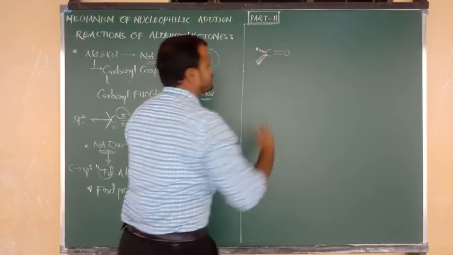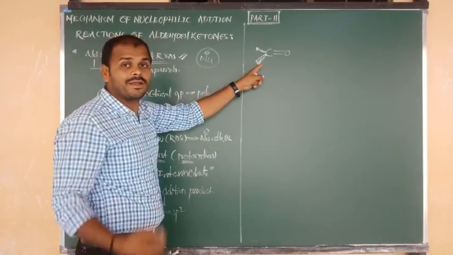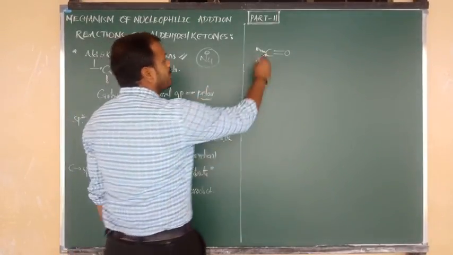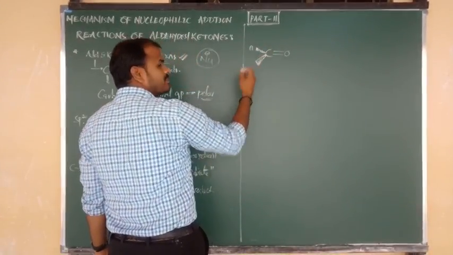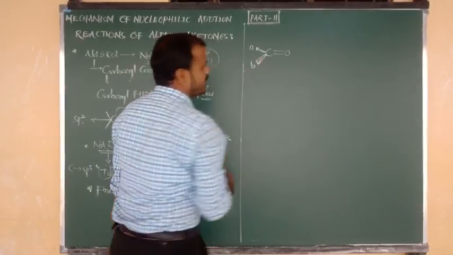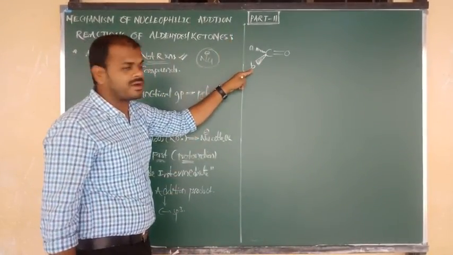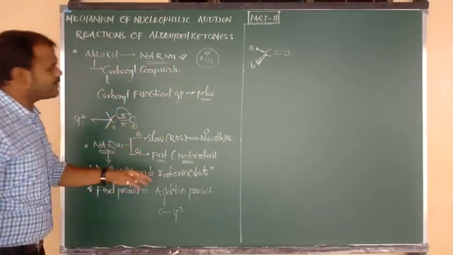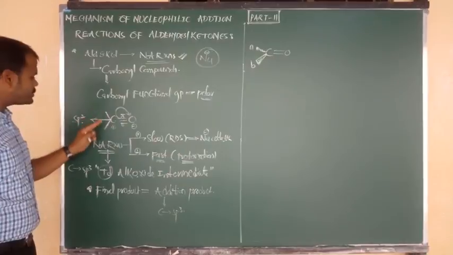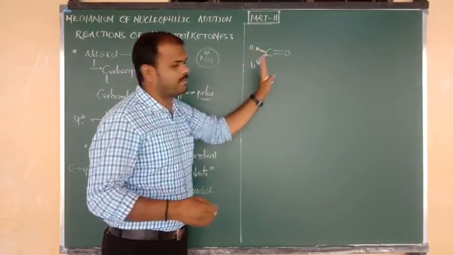I mean dashed wedge. One bond by solid dashed wedge and one more by solid wedge. Suppose here it is above the plane, A atom is there, and below the plane one more B atom is there. One is towards the observer, one more is away from the observer, and here the oxygen atom is in the plane. C double bond O. Here two bonds are there, one above the plane and one more from below the plane.